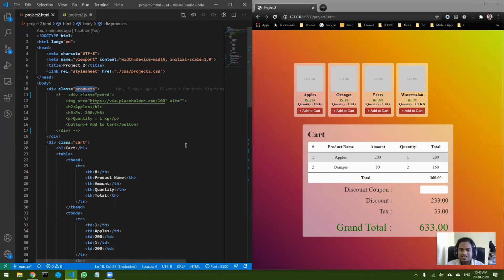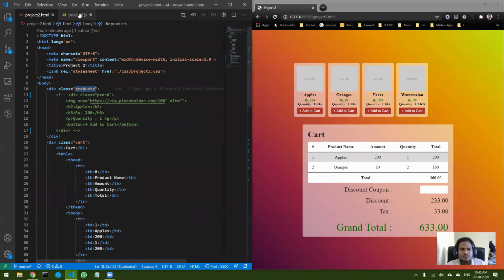Or else, as others said, we can attach an event listener to the button, but then there will be so many buttons, right? So there will be so many event listeners, so that will slow down your browser, right? So a better way, like we did in the to do, would be to go to the parent and attach an event listener to that.